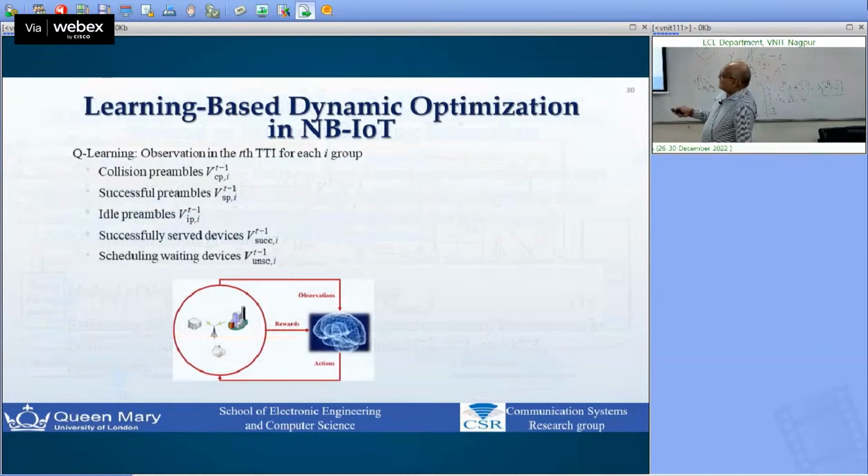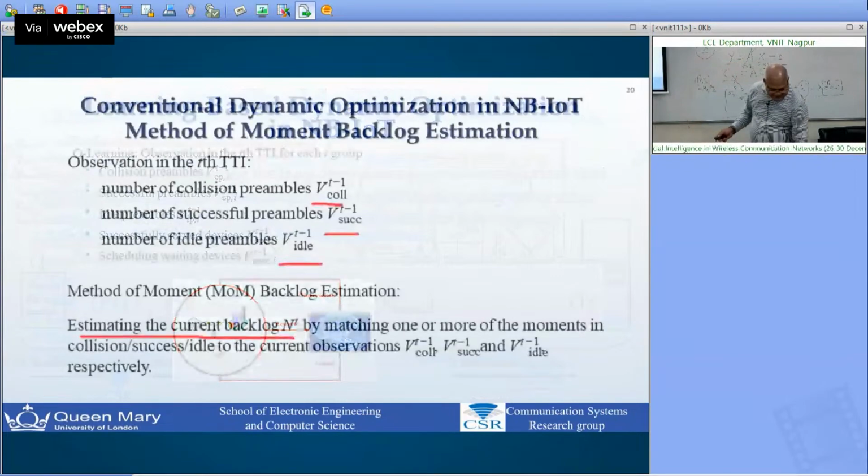So the last one is to establish the connection and successfully serve the devices. The finally succeeded. So these are the 5 observations. The base station observes at the end of each transmission time interval. So once it observes, the agent,